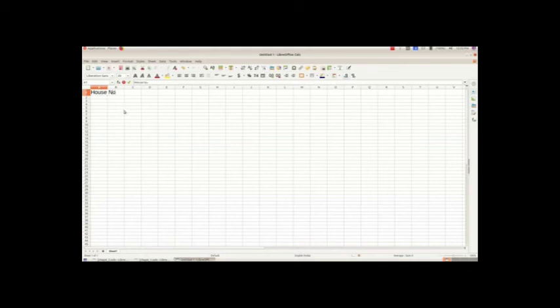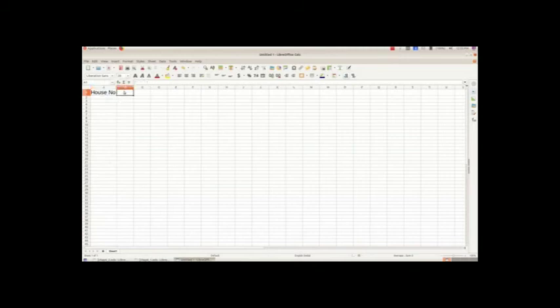And when we type this house number, it is exceeding the width of column A. So to adjust that, we have to bring the mouse pointer, the cursor between the columns A and B, and just drag this. And now we have house number. And similarly we will type the other headings also.